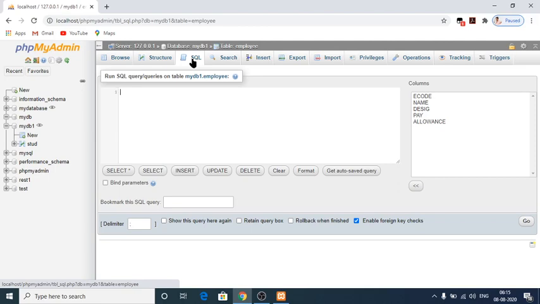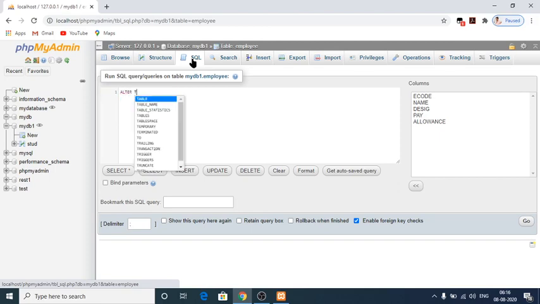So for that we have to give update, or no need to use update. We can use alter.